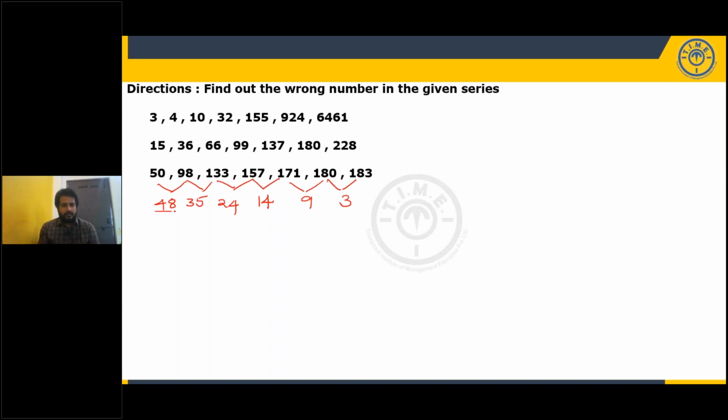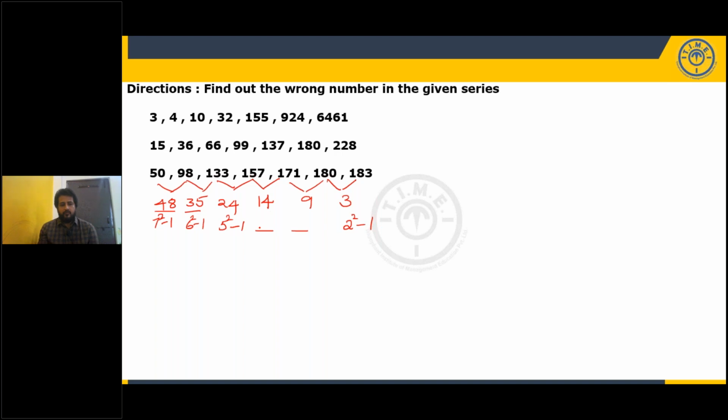This 48 can be presented as 7 square minus 1. 35 can be written as 6 square minus 1. Not only the numbers which are squares, we should also recognize the numbers which are nearest to squares. 24 can be written as 5 square minus 1. 9 we may not present in that way, but 9 can be represented as 2 square minus 1. By looking at the pattern, 7 square minus 1, 6 square minus 1, 5 square minus 1,